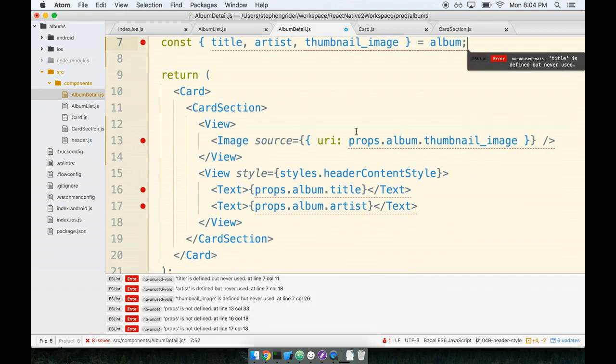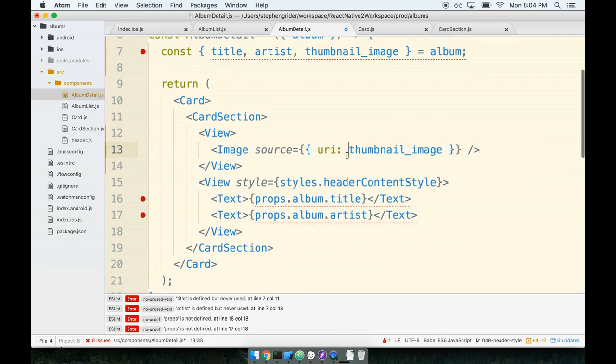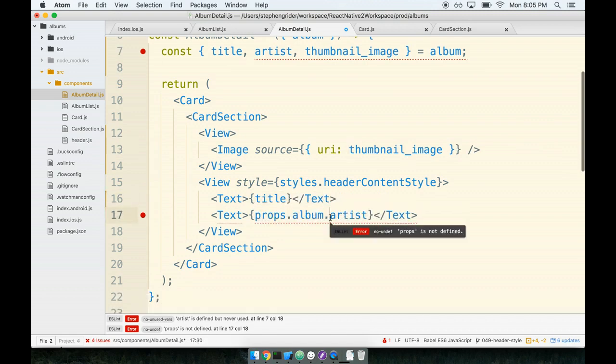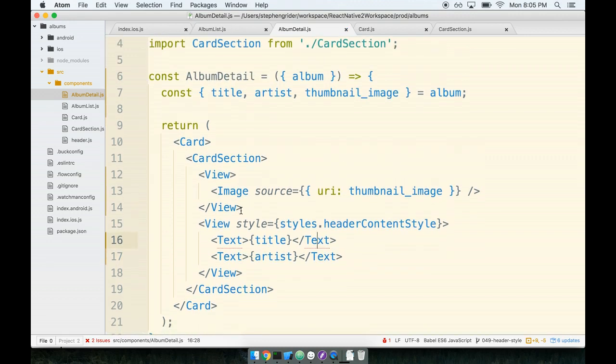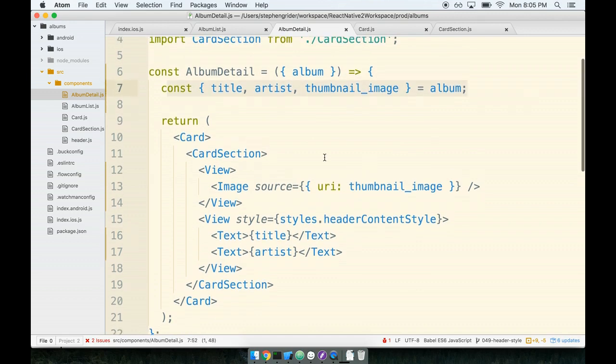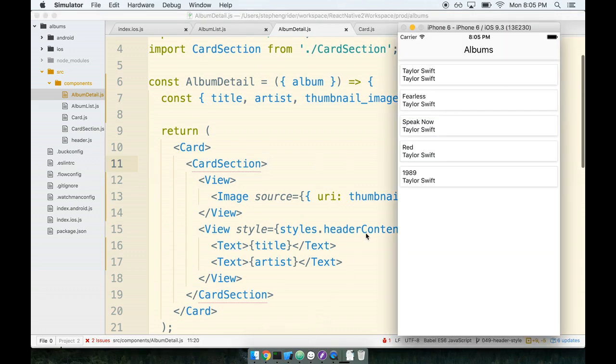Now inside of my JSX, I'm going to remove all the references to props.album. So I'll go down to just thumbnail image, just title, and just artist, like so. Okay, so that definitely cleans up our JSX a little bit. It certainly makes our method here a little bit more top heavy, you might say. But I find that this is usually a good approach whenever you start to make multiple references to your props object. Okay, went off the beaten path there just a little bit, but anyways, getting back on point, we've got